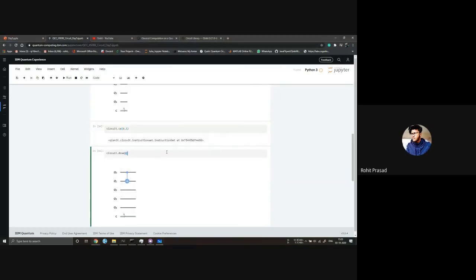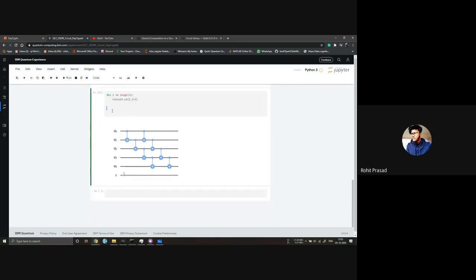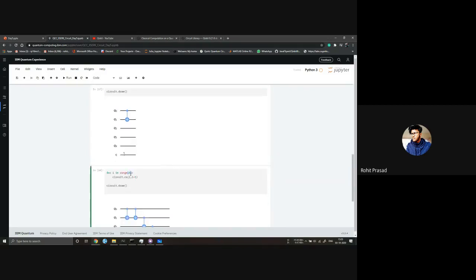Okay. So this will make something like this, and if we do circuit dot draw, now you will see this. Okay, so 0 to 4 is 4. So we need 3, and then it should work. It should be 1 and 2. Yeah, okay.